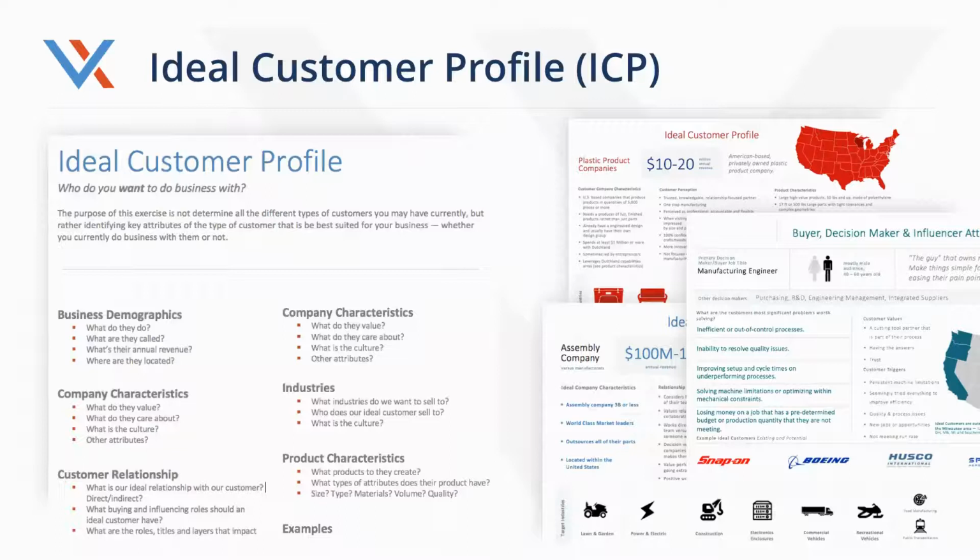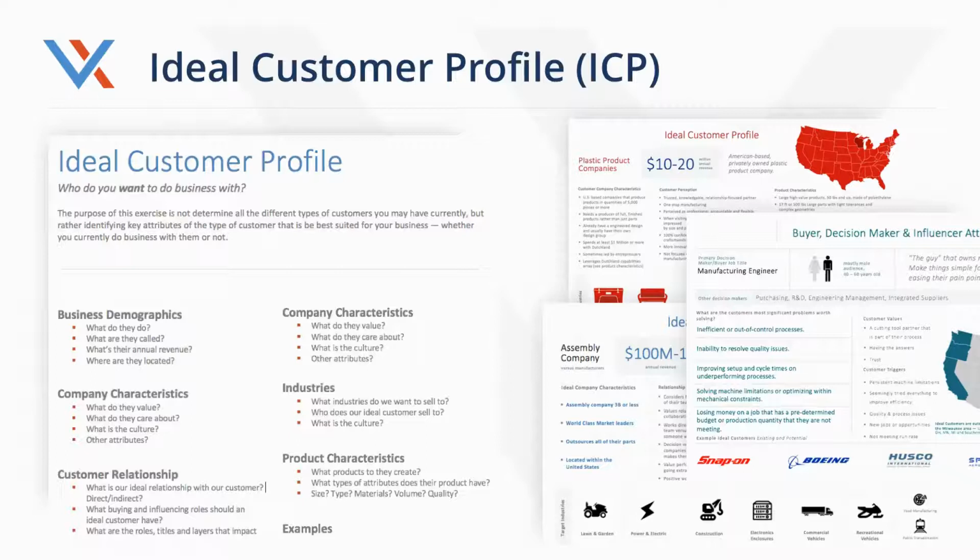So we work with our clients to develop a visual ideal customer profile. When we're done with a session, it really ends up as a two-sided 8.5 by 14 inch sheet of paper. I know there are a few of our clients on here who have gone out and bought 8.5 by 14 inch folders, because we like to use big paper. It helps fit everything onto a single two-sided page so that people can use it as a reference when they're making decisions in their organization, or deciding what's most important to do next.